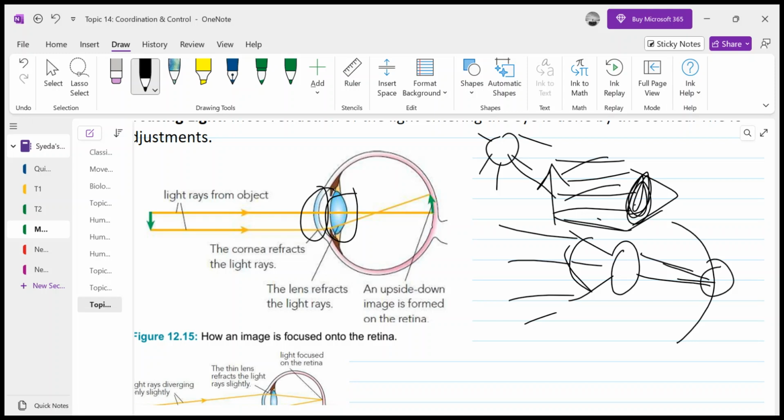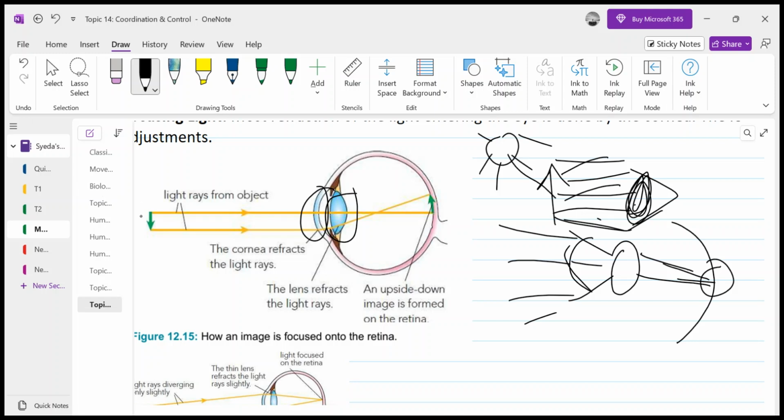And the fovea has full photoreceptor cells as well. It basically sends the message to the brain, and then the brain sends back the message from the optic nerve, and the image forms at the fovea. Now this is a very complex mechanism. At this level you only need to understand the basics.